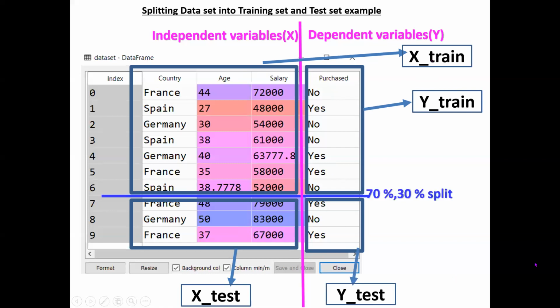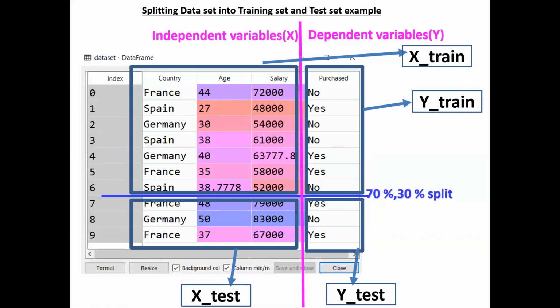So see what happens. The algorithm learns on the above part, that is country, age, salary, and what is the output. Spain, 27, 48,000, what is the output? Like that, it learns something. And after that, we will give this box as input and we hide these outputs. We ask the algorithm to predict, and it may give no, no, yes, no, no, no, yes, no, yes, whatever it may be.